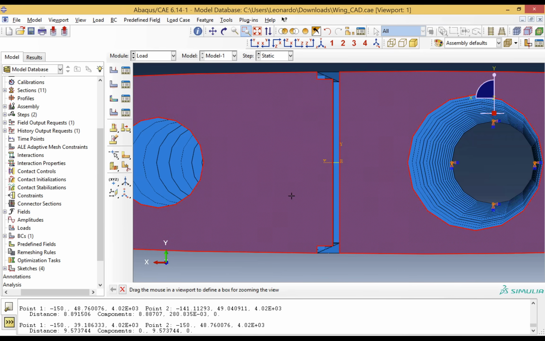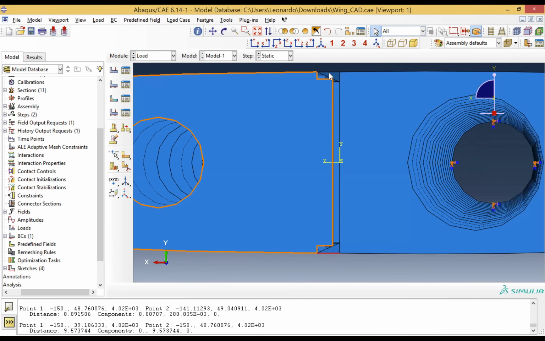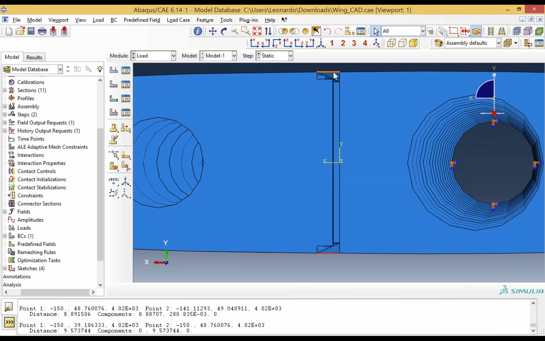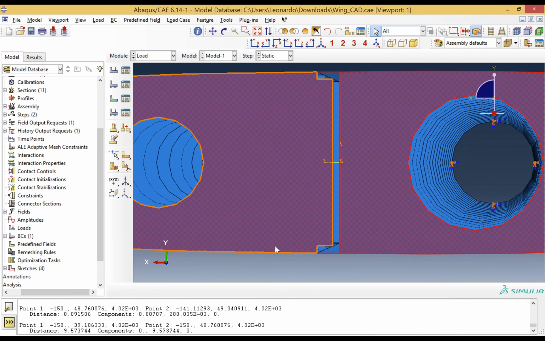We need also to select these lines corresponding to this part. So I'm going to select first the lines corresponding to this part, so you can see it. And now I'm going to proceed to select again the surfaces. All right. So when this is done,